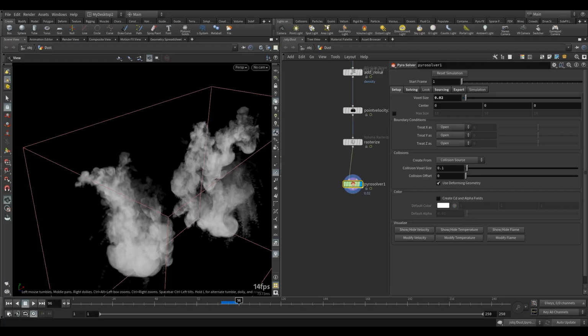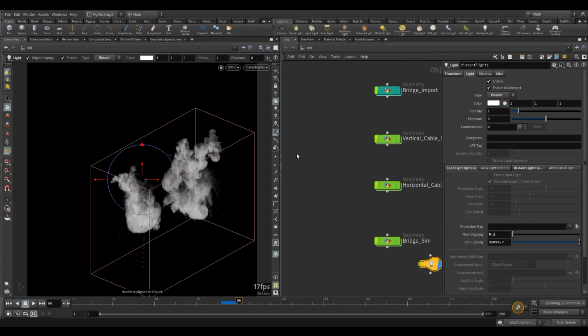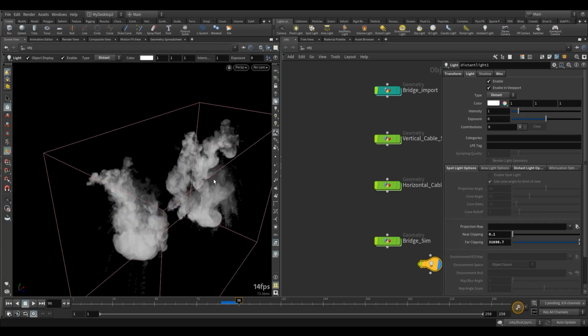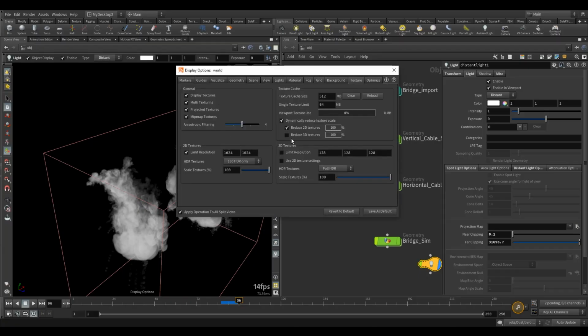I'm going to, like I said, just drop a distant light. No, sorry, I'm going to press escape because this is going to drop where my mouse is. I'm going to control-click on that, and then go here, and we don't want to look through the light. We want to go back to our perspective camera. Okay. I'm just going to put this to low quality again